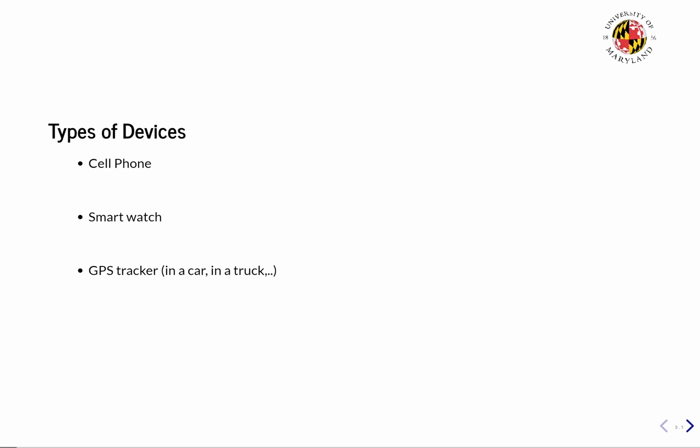These are some devices that collect location data. We all use cell phones and most of us use smartwatches. These are the two most common sets of devices which collect location data. Another example is the GPS tracker device, which can be installed in a moving vehicle, such as a car or a truck. The mail delivery services like USPS, for example, have such devices installed, and we are able to track our mail through these devices itself.